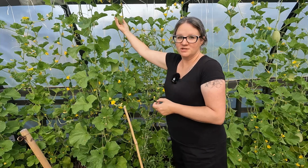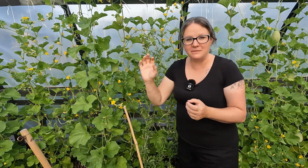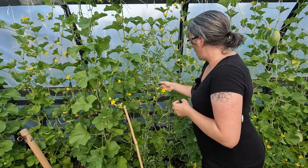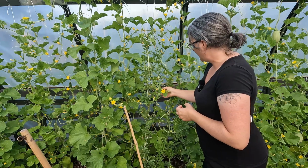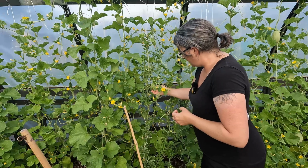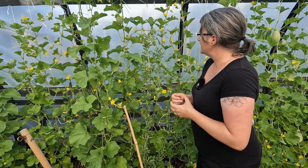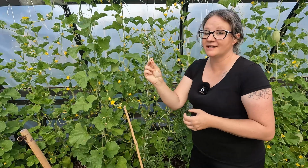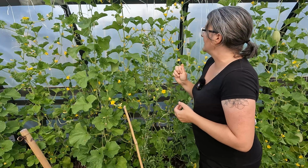quite looking forward to. Last year I found this watermelon, even though small, to be very, very sweet, and it was so crispy, and it was absolutely delicious and exceptionally juicy. I'm hoping a few more of these will actually take, but I am trying to take off any that have failed to pollinate, just to keep it clean and less